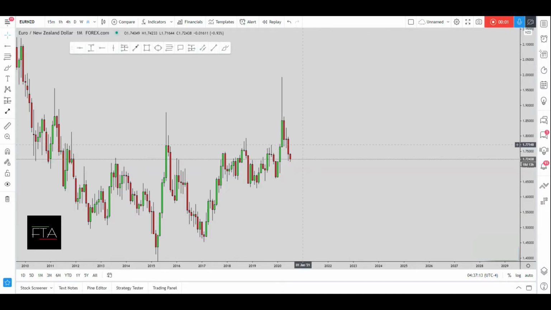Okay, so what kind of situation do we currently have on Euro NZD? Let's make a full breakdown. So starting from the monthly time frame, we have a market that clearly has created a nice impulse followed by this correction. Now, obviously, the correction is way stronger than an usual correction, which means that we definitely shouldn't see the market create a higher high, but at least we want to see the market try to make a movement to